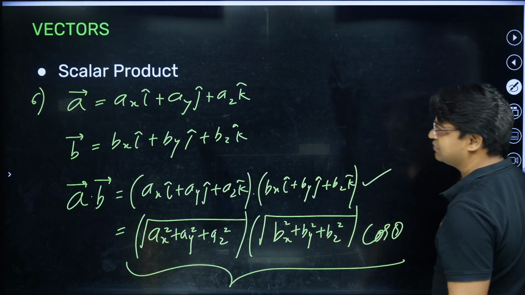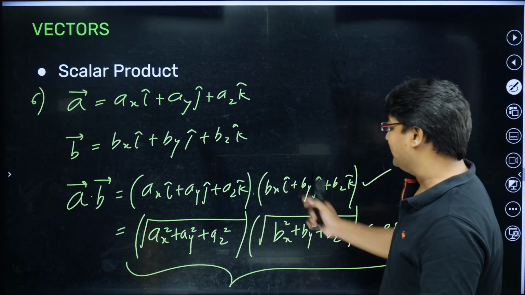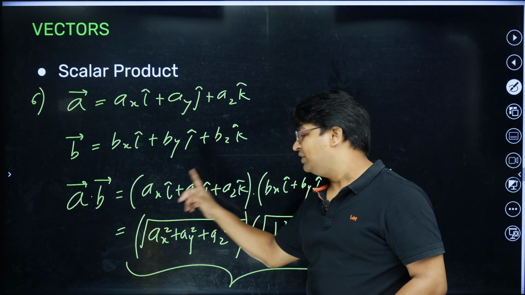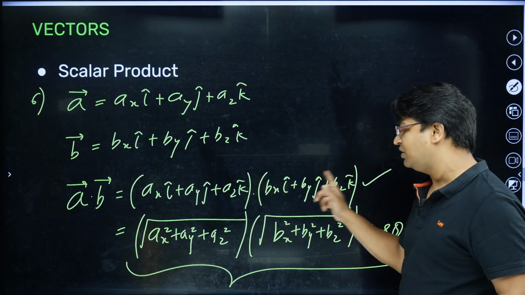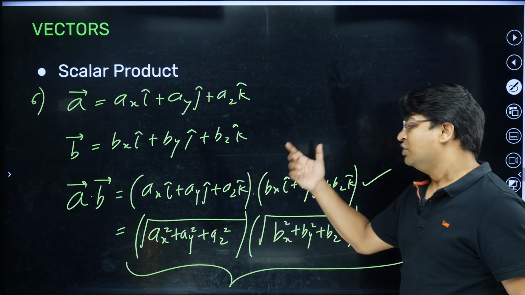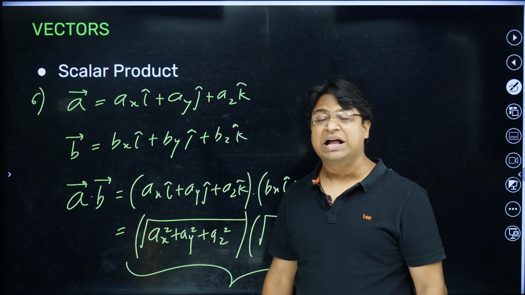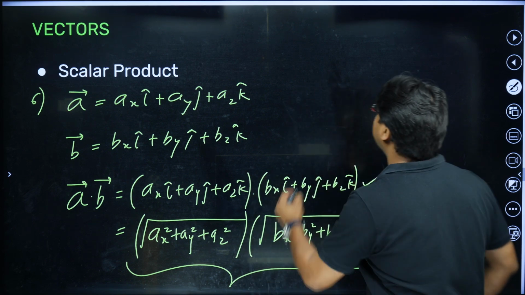We'll continue with this. We'll see what we get when we expand this. So I have one bracket containing 3 quantities. I have another bracket containing 3 quantities. I have to multiply this. So when we expand such a thing in algebra, for example,